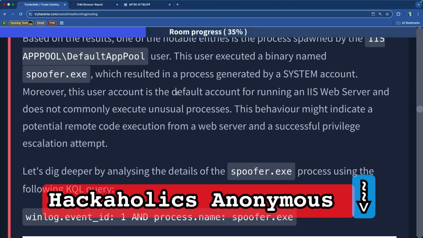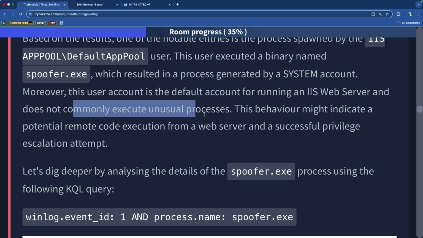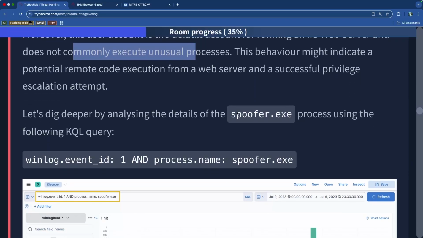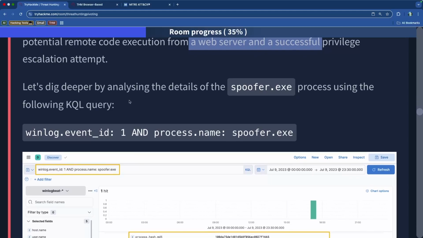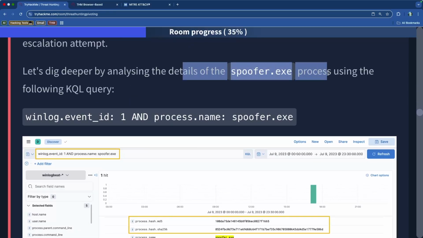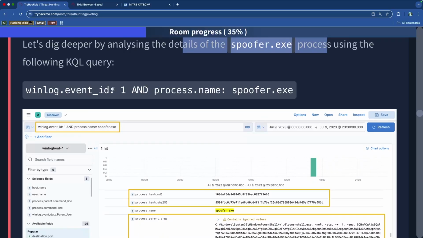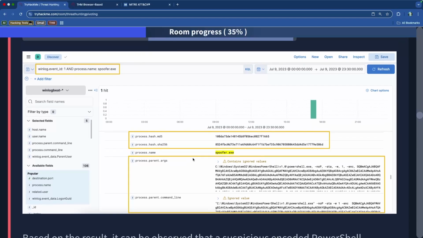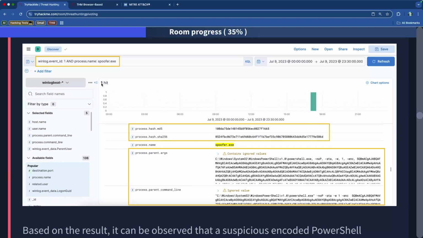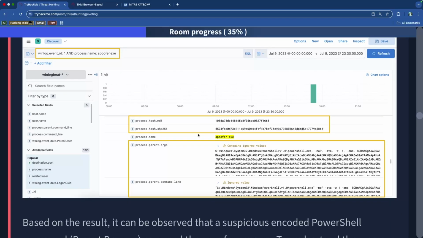The account is the default account for running an IIS web server and does not commonly execute unusual processes. This might indicate remote code execution from a web server and a successful privilege escalation. So we dig deeper and look for the spoofer executable by looking at process creation and the process name being spoofer. And then we can see that it actually has some detailed information. If you expand it, it's literally one hit that showed up on this. So if you just expand it and start looking at the details of that event,